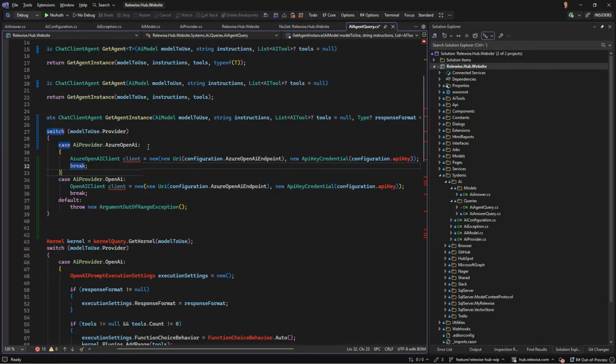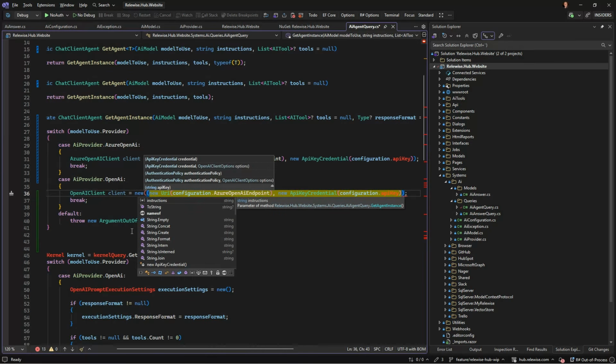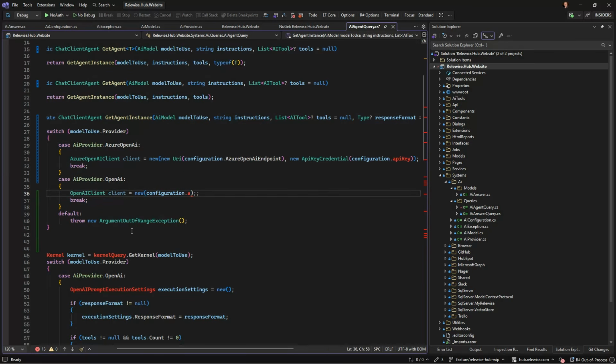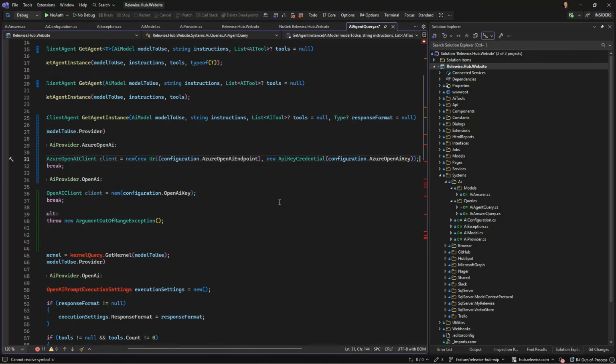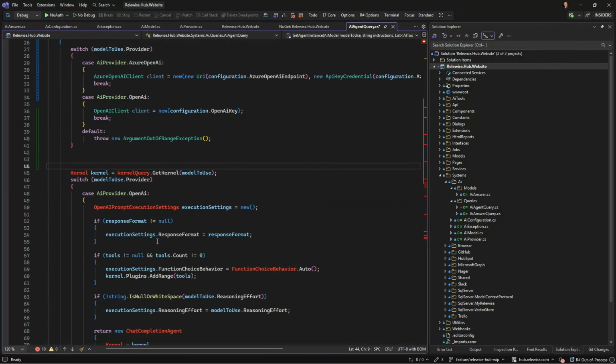Put some braces on, and that requires just a key as far as I remember. OpenAI key, and this was an Azure OpenAI key. Yes, so we now have the client for each of them.